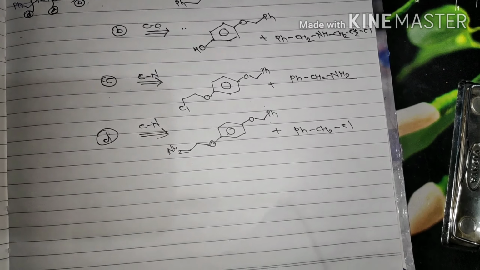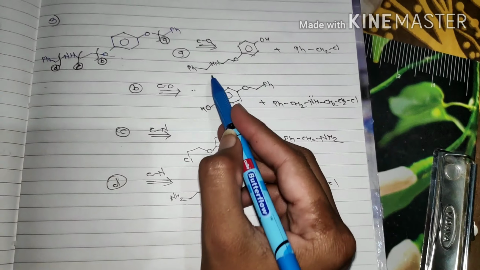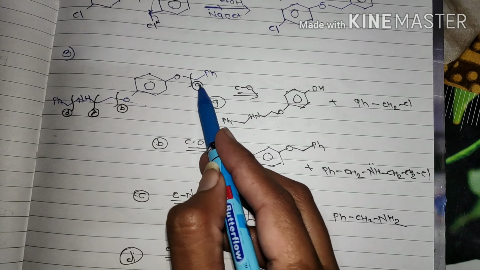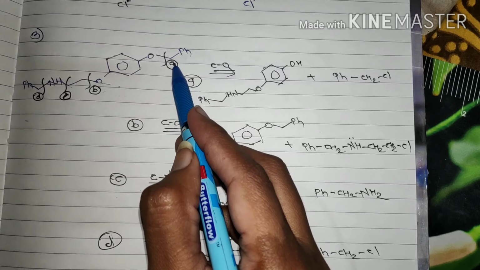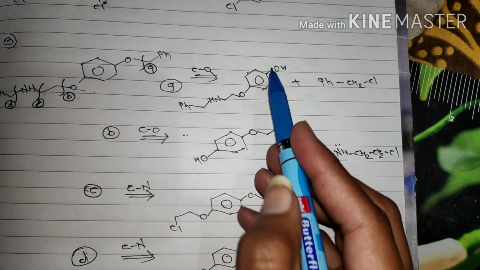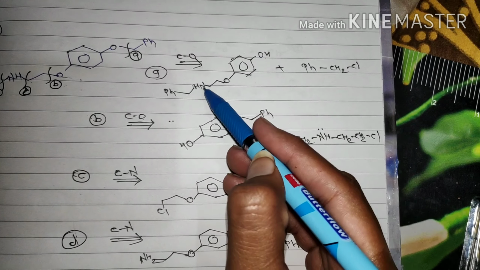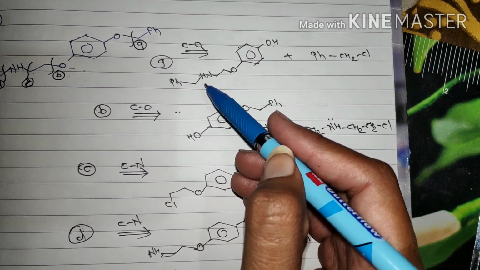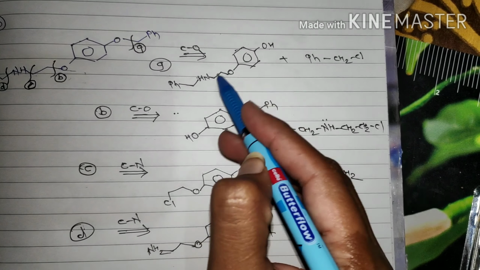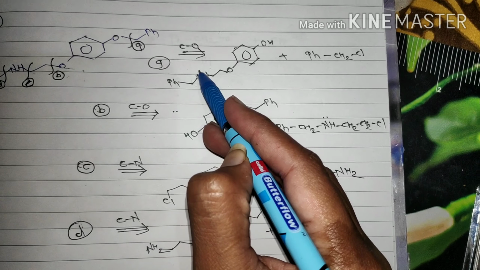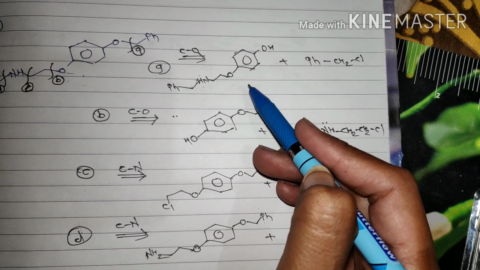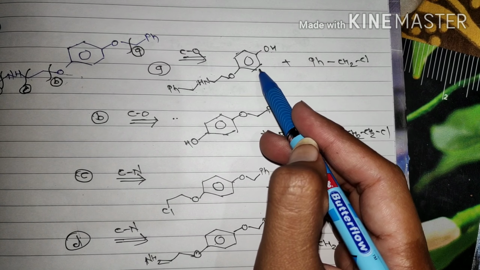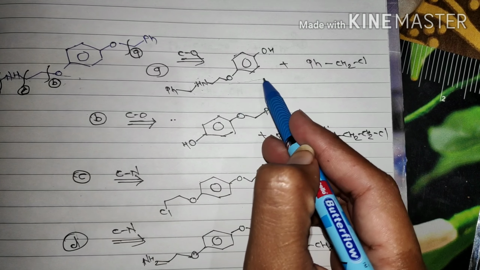So we see which route is correct. In the first route we break this carbon oxygen bond. So two functional groups, oxygen and nitrogen, are present. As we know, amines are more basic than alcohols, hence the alkylation of the phenol is difficult in their presence, and it is difficult to carry out the reaction because of chemoselectivity.